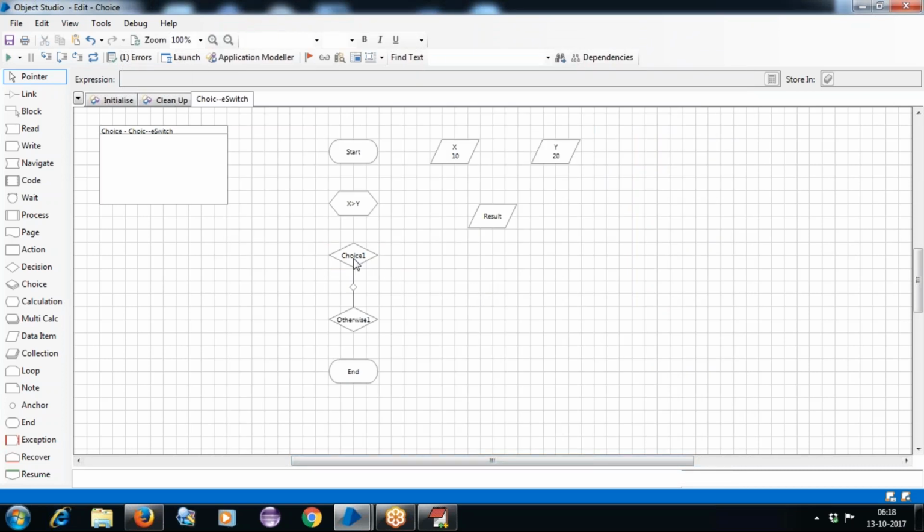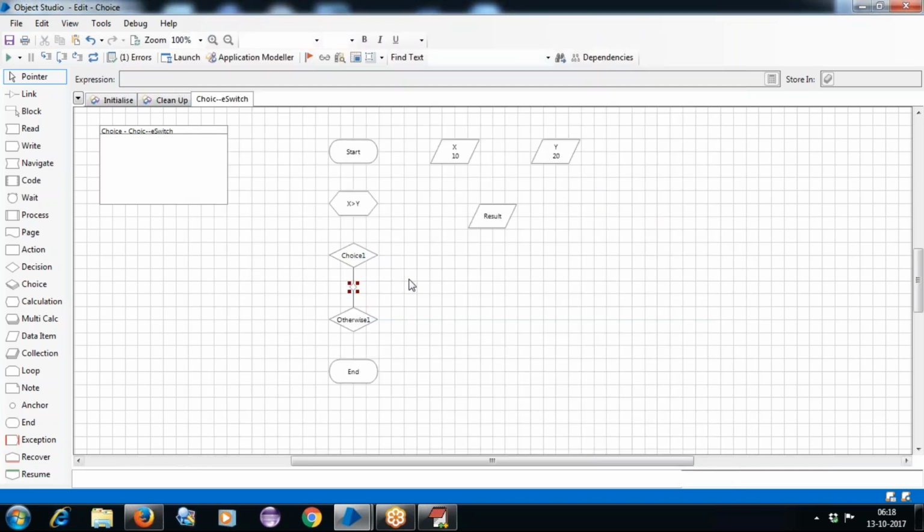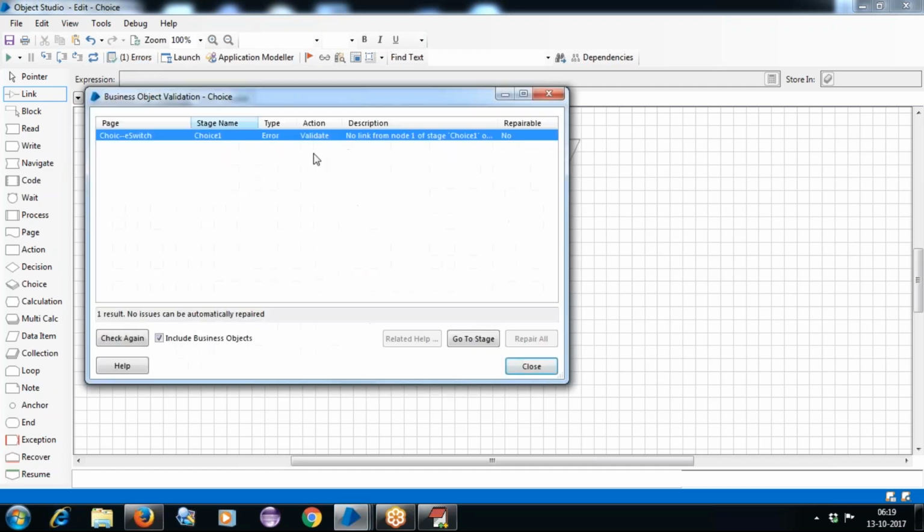Right. So now we can see here, whenever I'm taking the choice one, you have been given your choice, right? We can see this icon got added here. So this is what you have mentioned as your choice. Now, whenever you are working with the choice, if I'm taking the link activity, you can see here, I'll be taking this, and then I'll be taking this activity. Now if I rerun, again you are getting one error here. So you can see the error message: no link from node 1 of the choice stage.